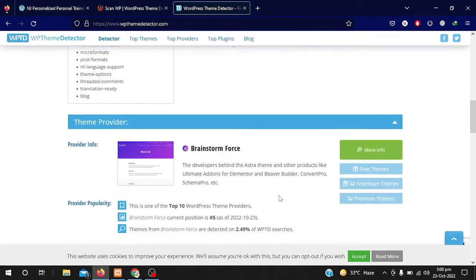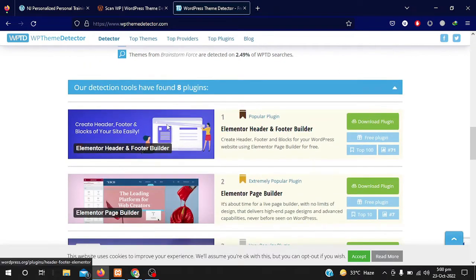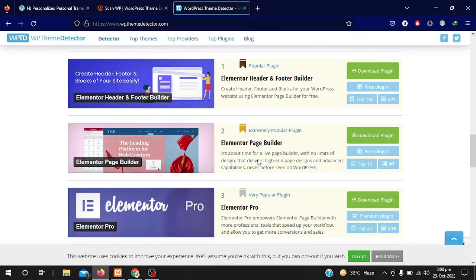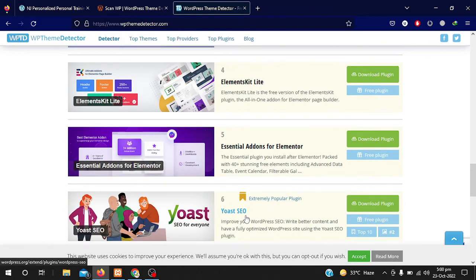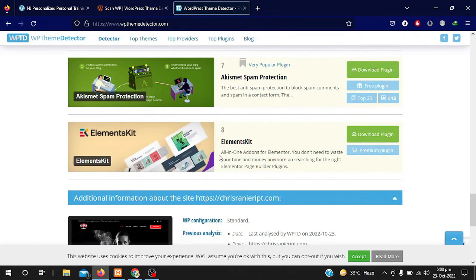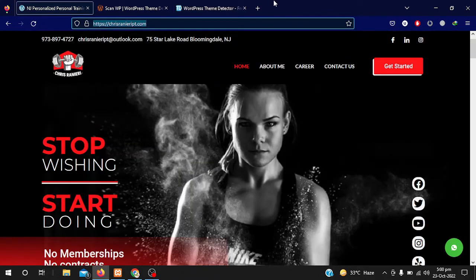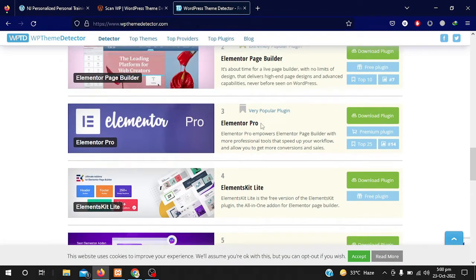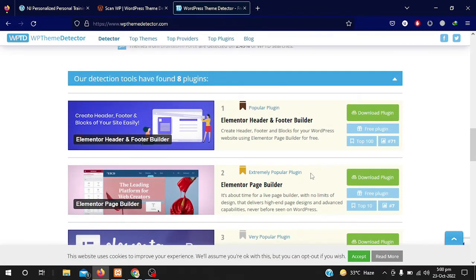After that, scrolling down, you can see that it is also telling the provider name of the theme, that is Brainstorm Force, and it also tells us about the plugins that the website is using, that are eight plugins: Elementor Header Footer, Elementor Page Builder, Elementor Pro, Element Kit Lite, Essential Add-ons, Yoast SEO, and others. I already use these plugins on my client website. That's why this website is showing these plugins here so that we can design our website similar to our competitor's